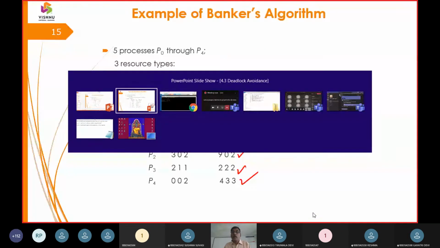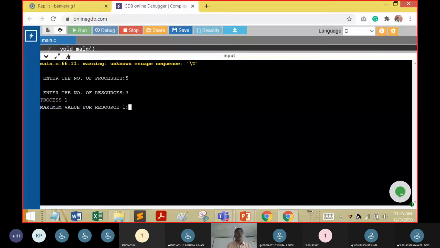So what I'm going to do is, what is the maximum value of process 1? What is the maximum value of resource 1? That is 7 here. Then for the second resource I will give 5, and for the third resource I will give 3. Second, what is the allotment for this process? It is going to ask. The allotment for this process will be